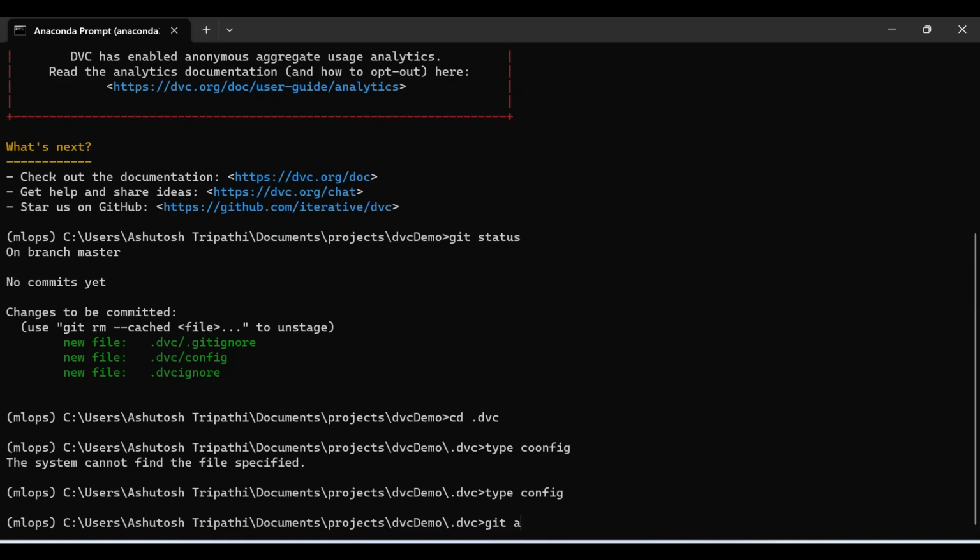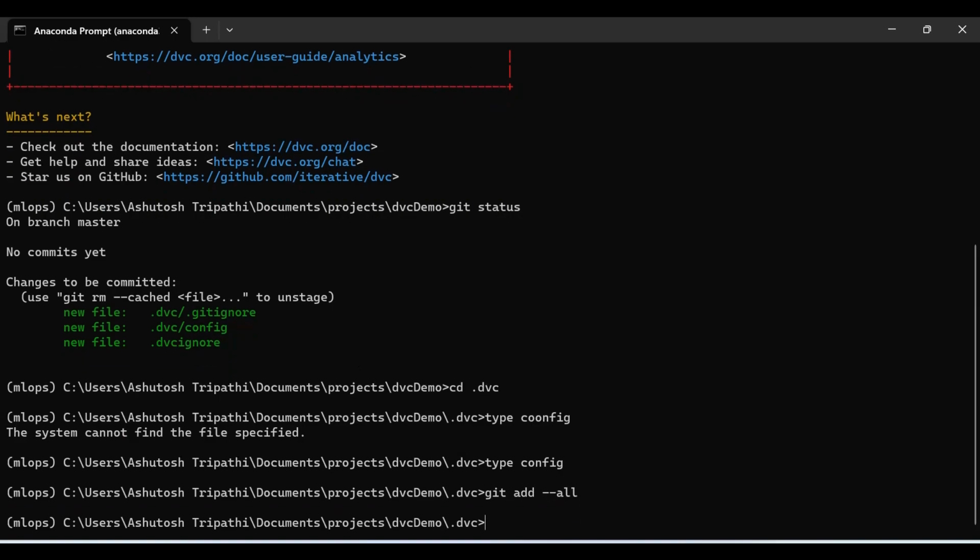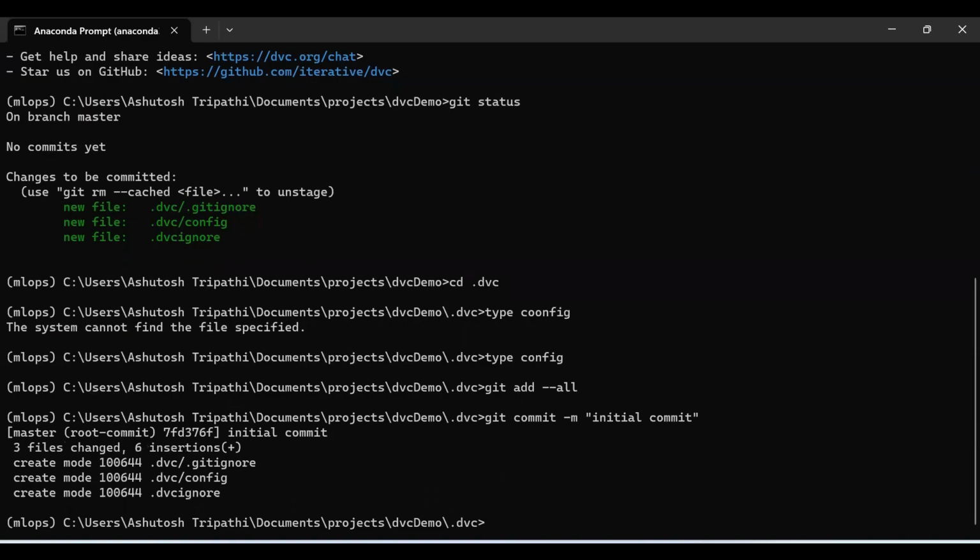So we can run git add --all, which will add everything to the staging area, and then we can commit with git commit -m, and this is the initial commit, so let's write "initial commit". Now we have committed these files. These are still not pushed. So let me now